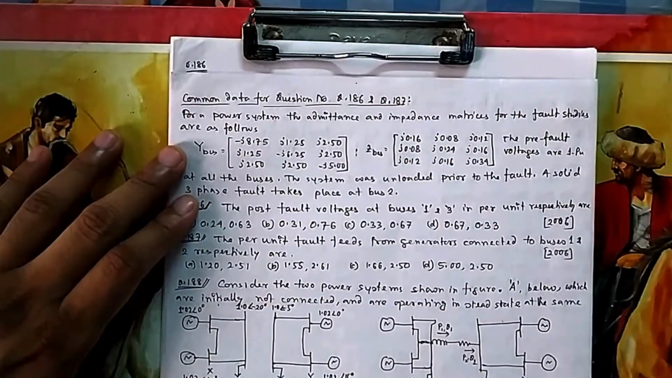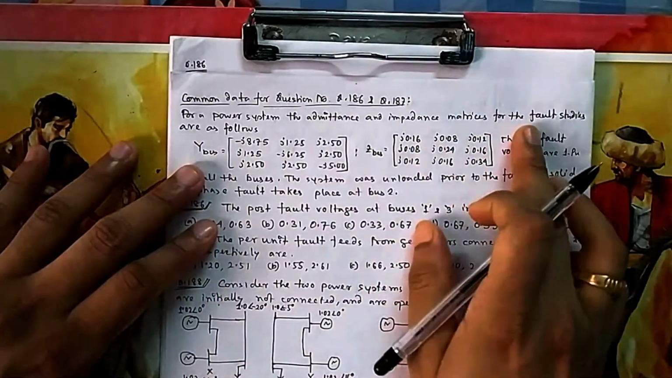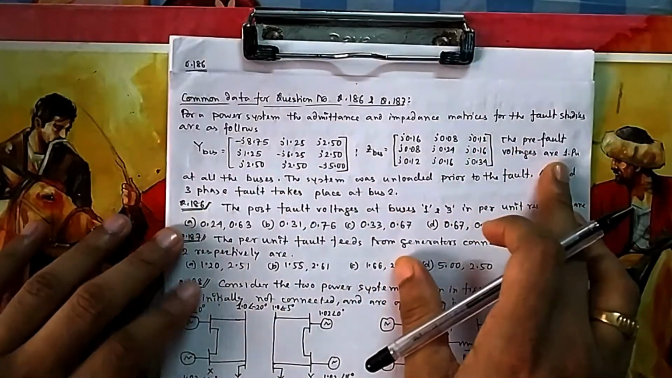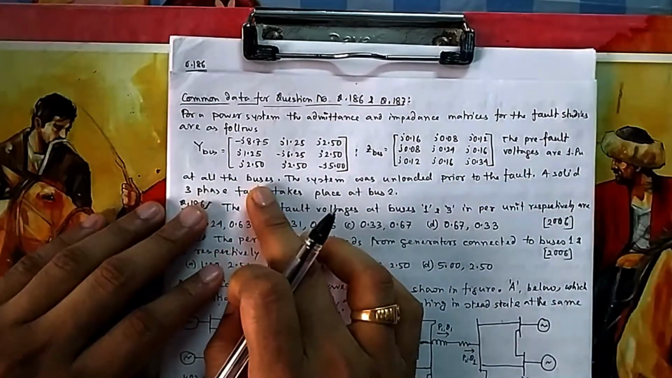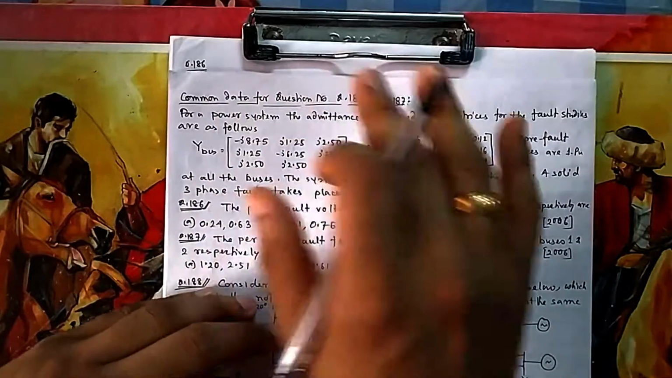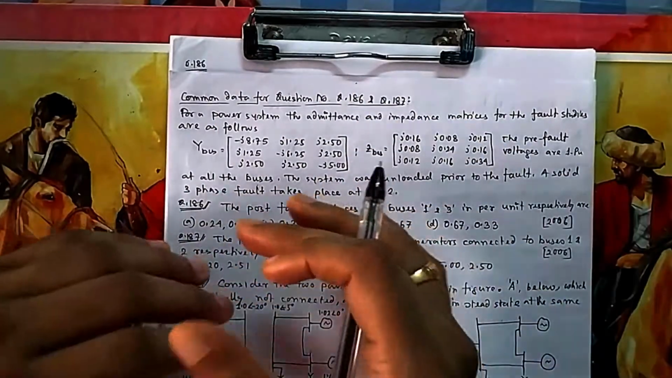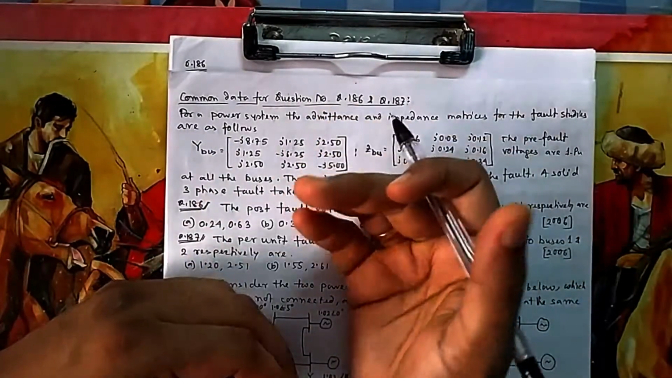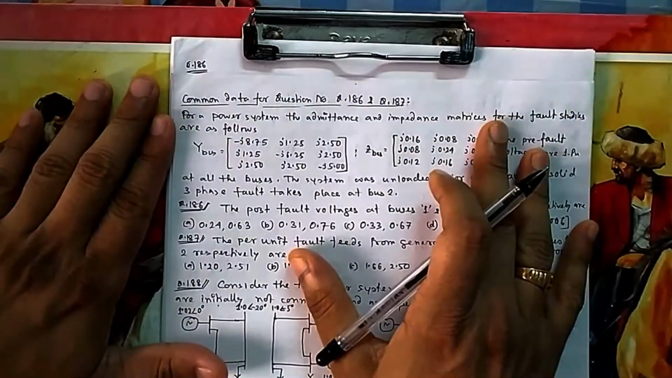For a power system, the admittance and impedance matrices for the fault studies are given. This is the admittance matrix, this is the impedance matrix. The pre-fault voltage is 1 per unit for all buses. So generally we assume the pre-fault voltage, that is before the fault, all buses are at 1, because the fault current is huge in size, so prior to that, all normal conditions are treated